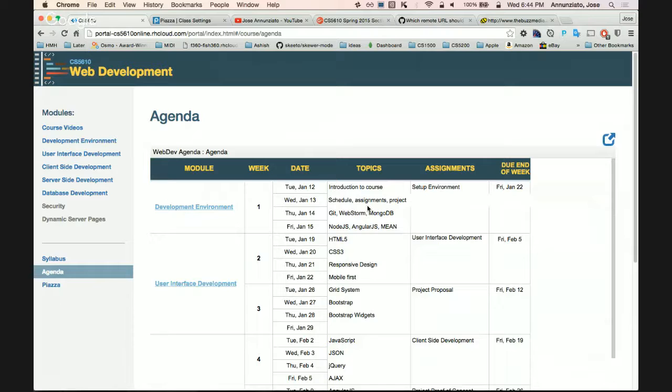HTML5 is, I guess, the first real version of HTML that recognizes that HTML is not just a presentation technology, but a legitimate way that we can build user interfaces for an application.